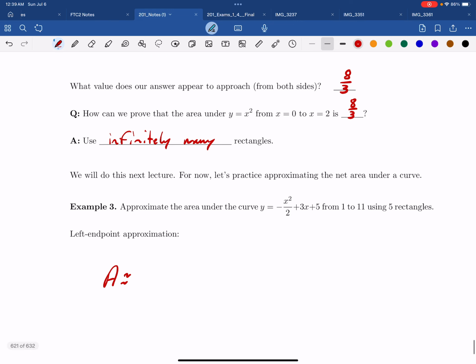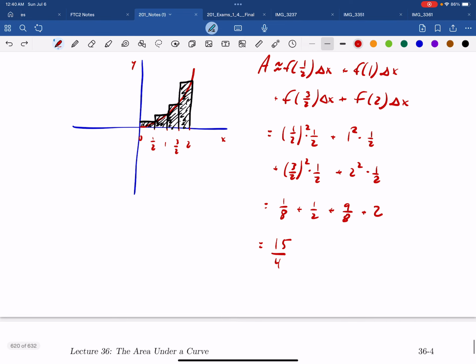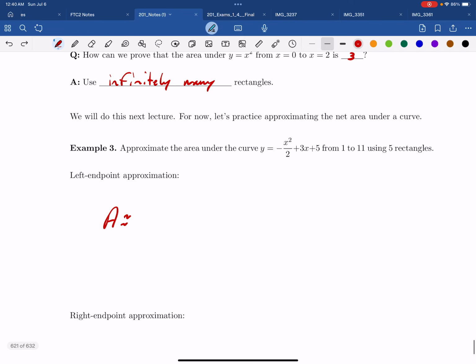One thing also to note is that, notice how we had a delta x on each of those terms right there? I guess I could have factored that out, couldn't I? I'll show you what I mean, right? Like, if we're doing the interval from 1 to 11 using 5 rectangles, we know that delta x is going to equal (11 minus 1) over 5, which is 10 over 5, which equals 2. And the area is going to be f of 1 delta x plus f of 3 delta x plus f of 5 delta x,